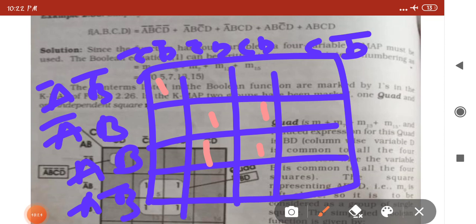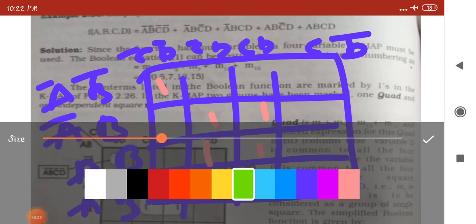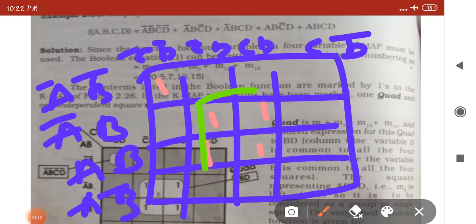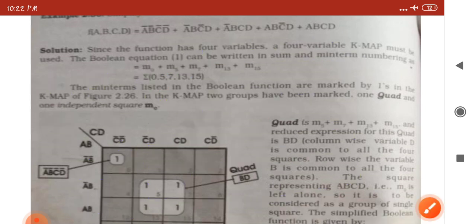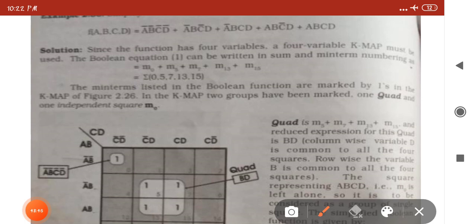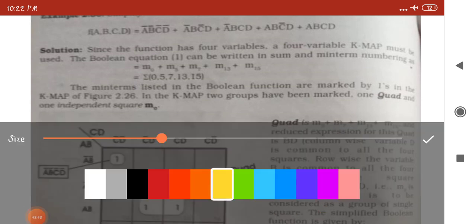Yes, now let us group into the four groups. It is a quad. Can we call it a quad? Yes, this is the one pair and this one is one. Yes, can we write it? Simplify these equations by this one. Can we simplify these equations? Which one is that one?